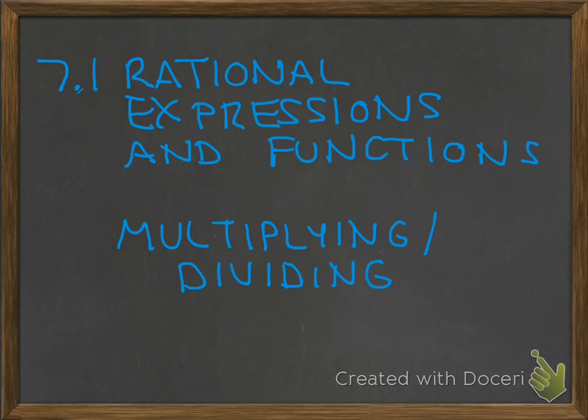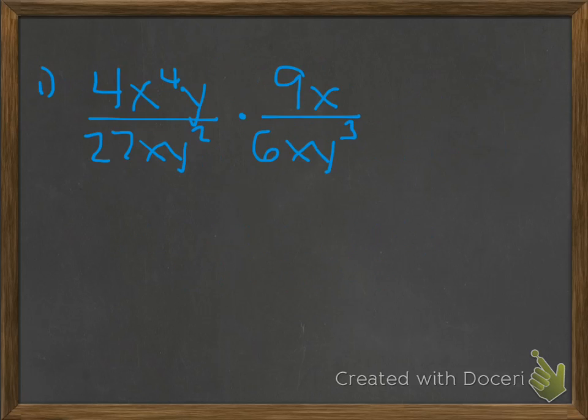We're going to go through 3 examples, and they're all there on the sheet that you have in front of you, so feel free to pause this video at any point if you want to try to move ahead, or if you need to stop and go back to steps. So here's our first question, and it looks like we have 2 rational expressions here, some x's, some y's, some